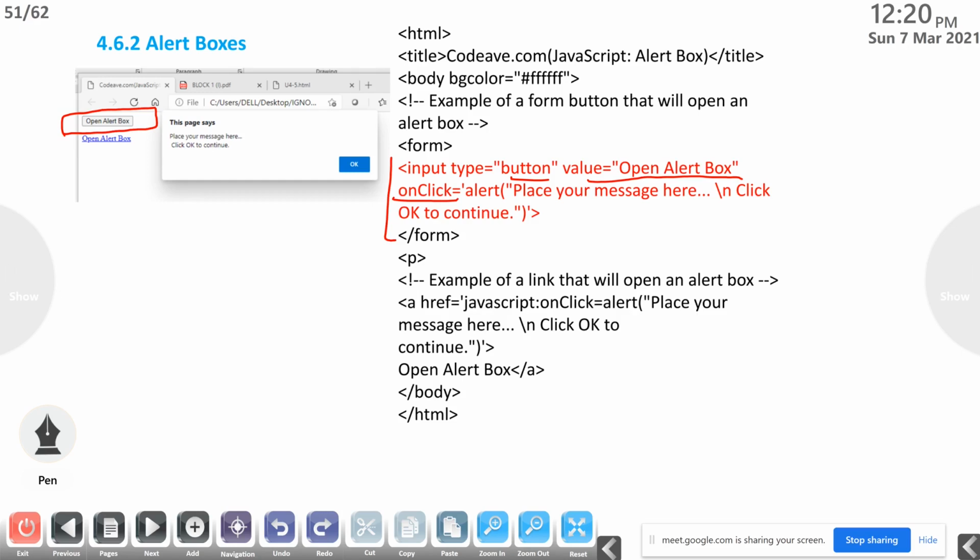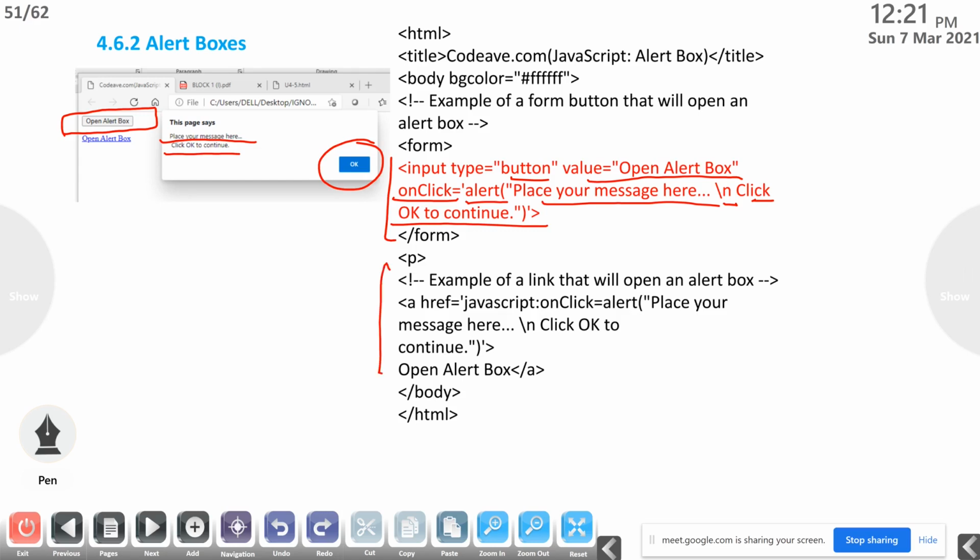On click, when you click that, what will happen? It will open alert. Place your message here. It will print the place your message here over here. Then the next line, it will print click OK to continue. This is the default OK button in the alert box. So this is one example.